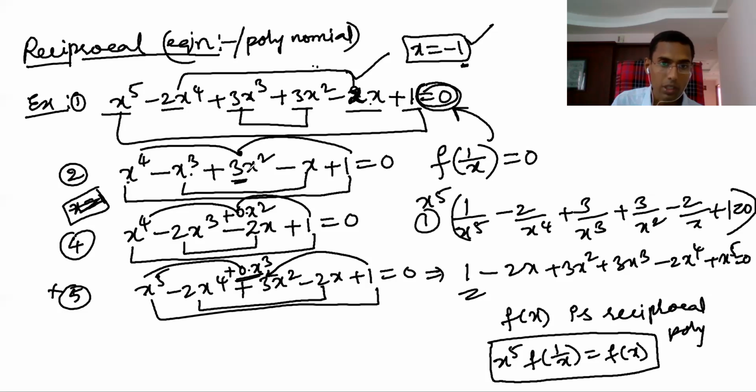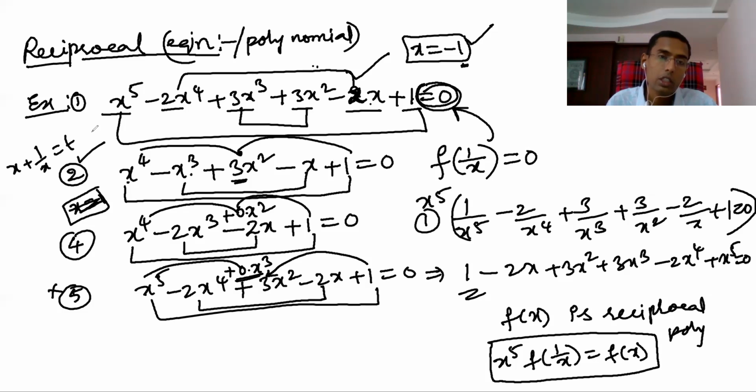So if it is an even degree reciprocal polynomial, you will get x equal to plus 1, x equal to, sorry, minus 1. For this, what you have to do is substitute x plus 1 by x equal to t. That method you have to use. Yes, all right. Okay, so then that is the use.